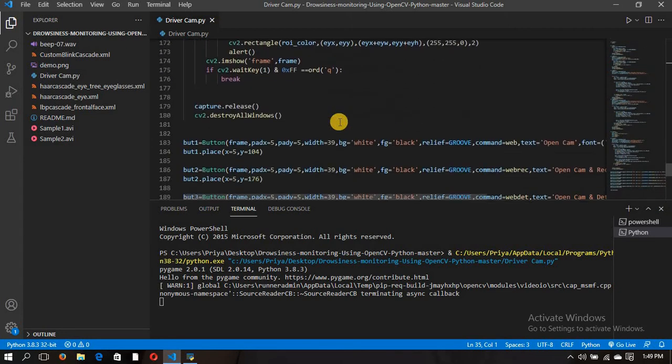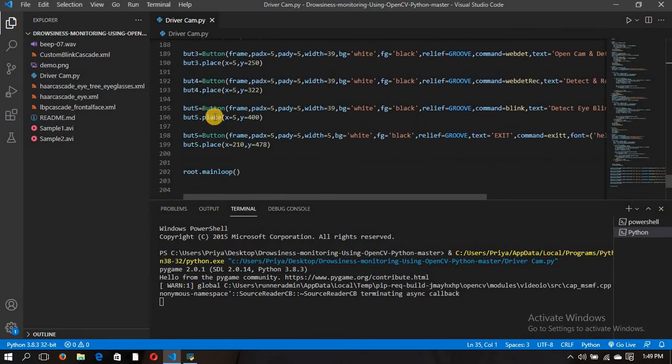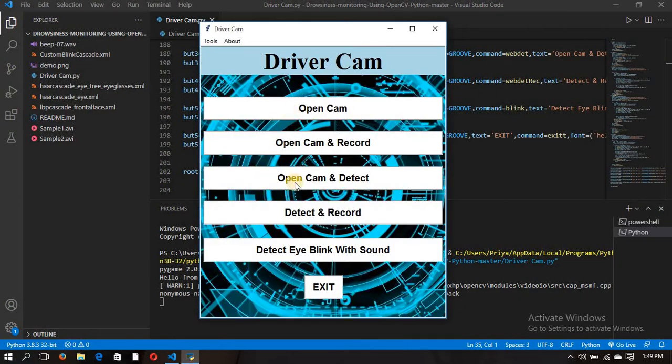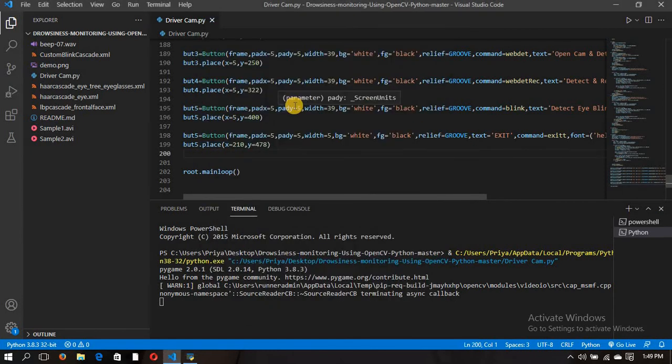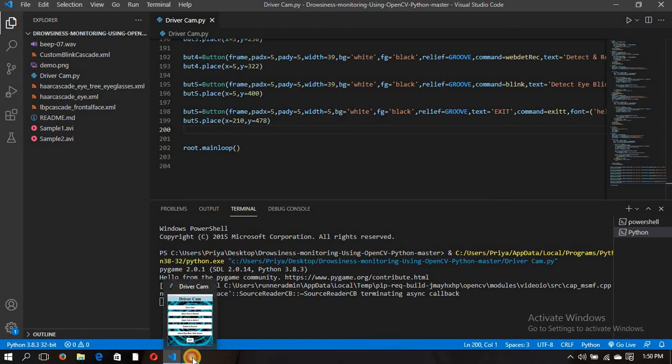And at last, this is the code for our GUI, like button 1, button 2, there are 5 buttons total. I will show you those buttons. These are the 5 buttons. This is the GUI for our root window. Then root.mainloop executes when our application is ready to run, and mainloop is an infinite loop used to run the application. It waits for an event to occur and processes events as long as the window is not closed. Then I will show you the implementation part.